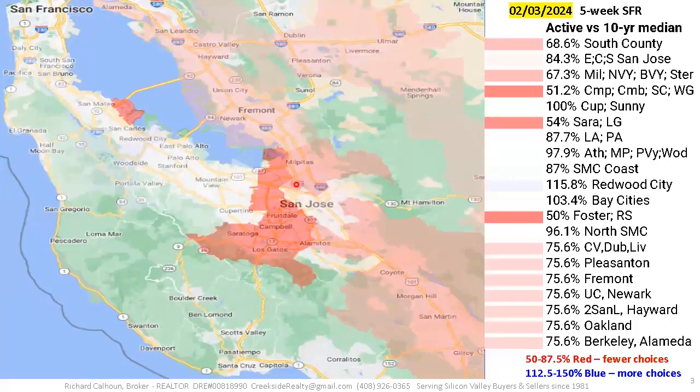Here's the first heat map. It shows the active inventory today compared to the 10-year median for the same week over the past 10 years. Basically, my color scheme is red favors the seller, blue favors the buyer: red hot seller's market, ice cold buyer's marketplace. You can see that in Santa Clara County, we have basically between about 2/3 and 100% of the inventory